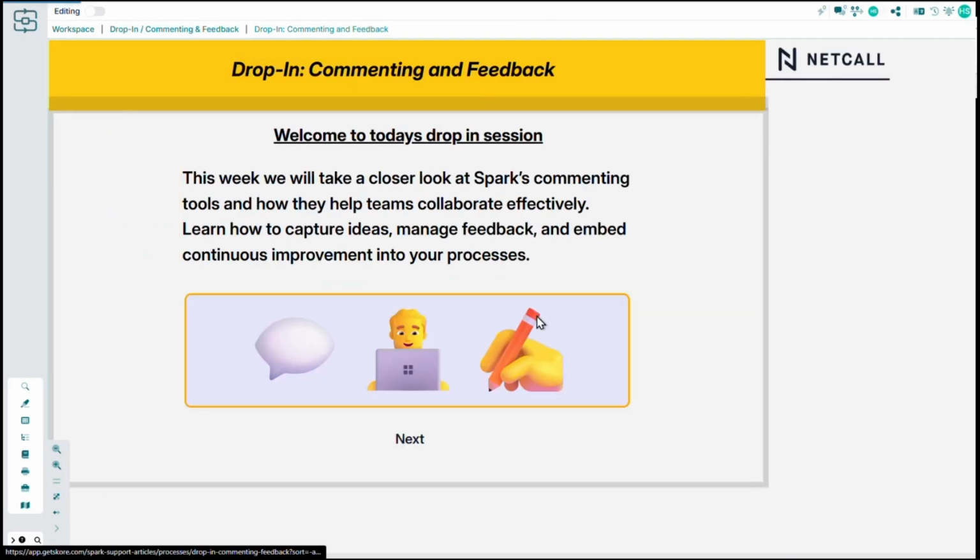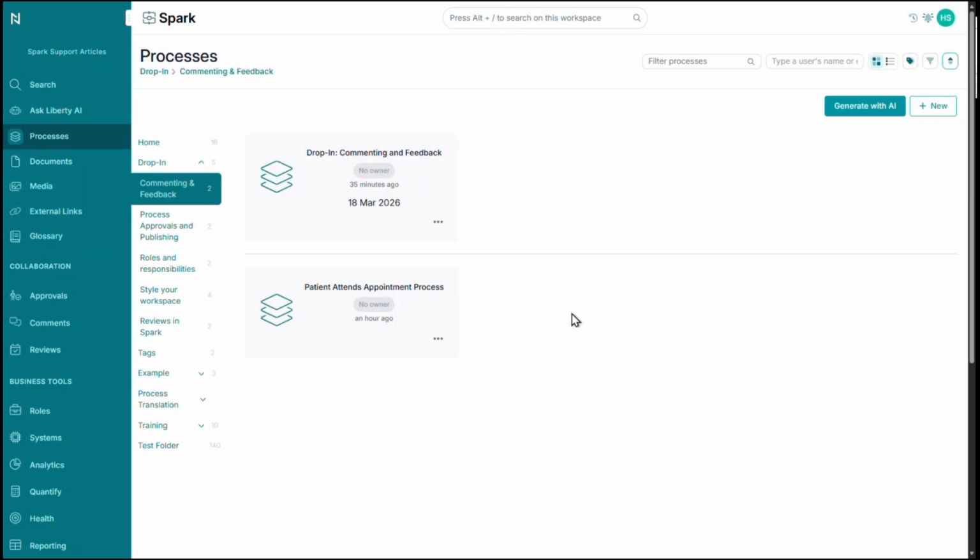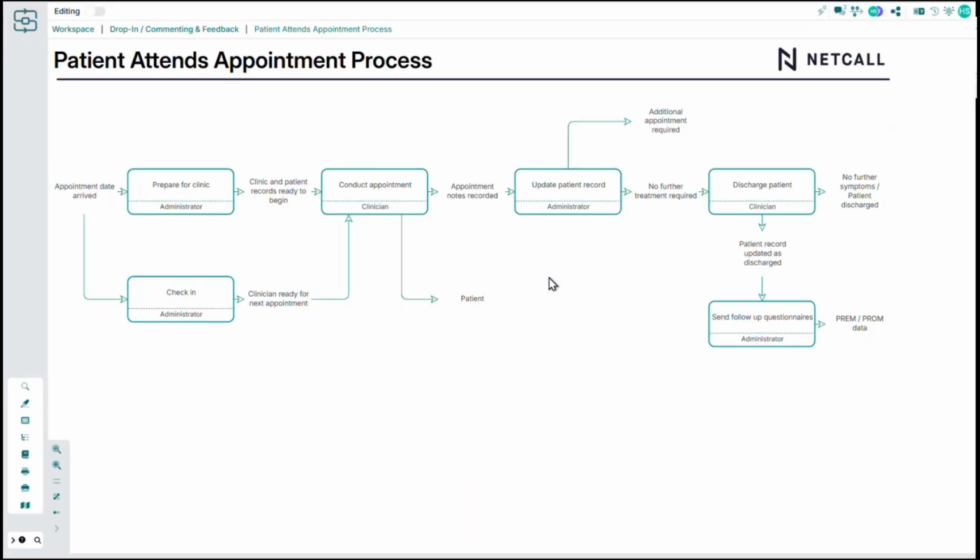So let's actually go into a process, and I'll show you how to use the comments. What we have here is a process on patient attendance for a clinic. When you enter a process, you'll see something like this. And we've got our process here. What you'll see at the top here is your little comments panel. If I click that,